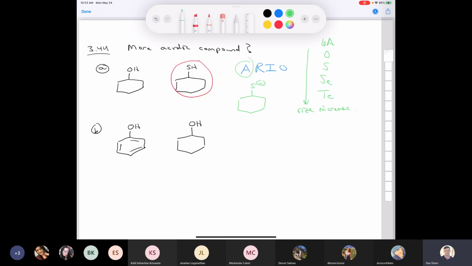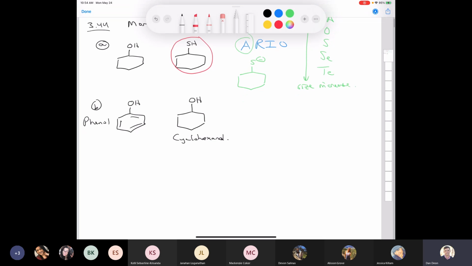All right, what about B? The first one, this is called phenol, right? And this one is called cyclohexanol. Don't get the two mixed up. They're very different compounds. Could anybody tell me which one of these would be more acidic? And it's not a trick. It's going to be the phenol, which is going to be more acidic, right? Because if we think about ARIO,